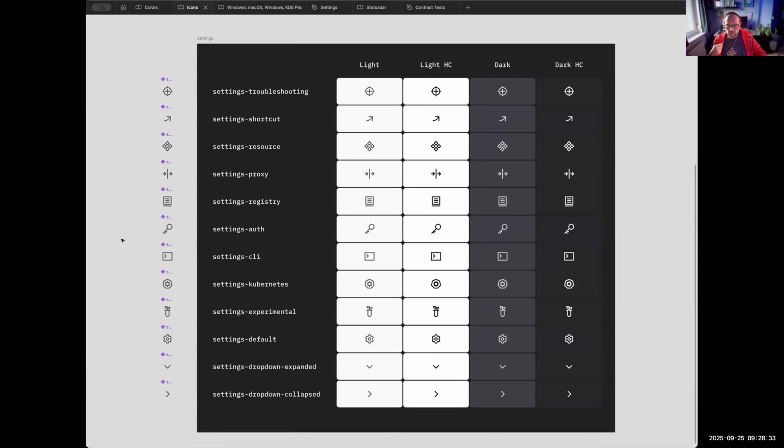And everything is exported from Figma to SVGs, and the SVGs are then optimized with SVGO, so they don't contain all those things that are usually in SVGs, like chunks that are not used. And so SVGO really helps here. It's sort of like what I do with PNG files. I optimize. Even in